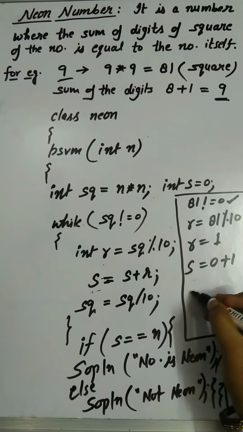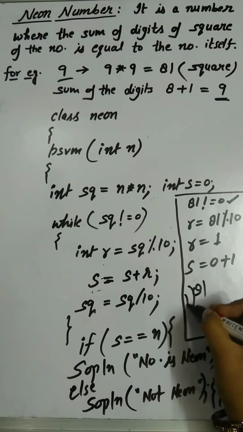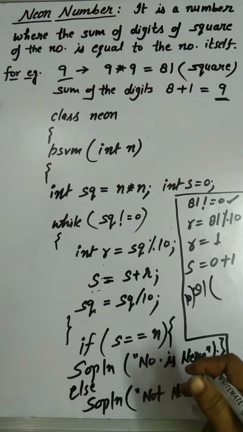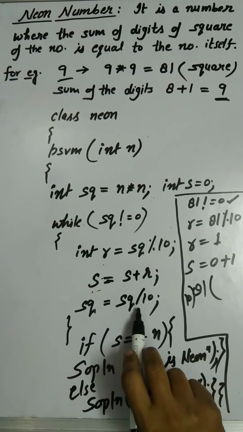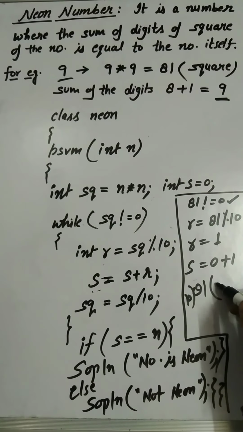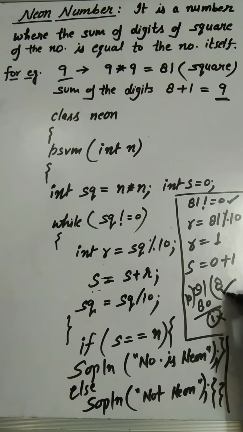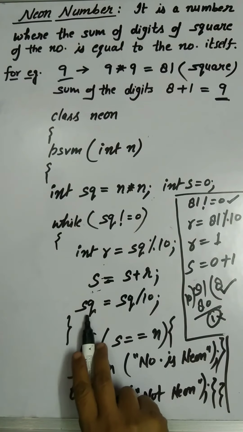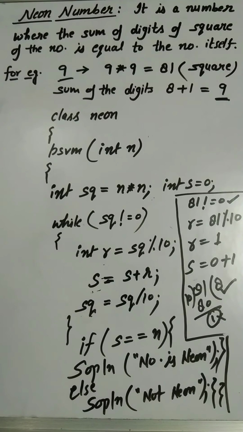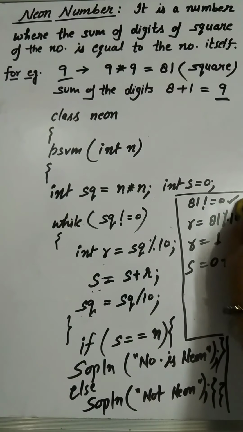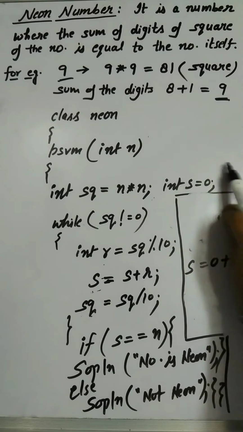SQ value is 81. Divide by 10. Here is the division sign, so it stores the quotient value. Quotient value means 8 times 80. Here 1 is the remainder, but we don't need the remainder. Here we store the quotient value, that is 8. So SQ value is equal to 8. Now next time when the loop repeats,